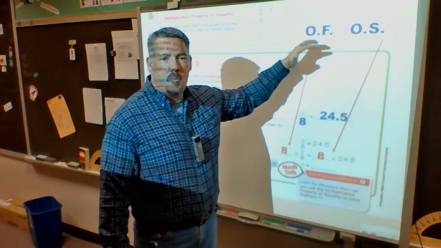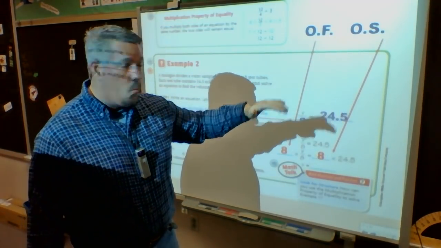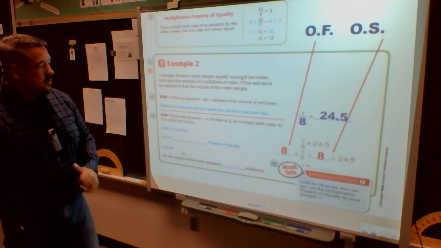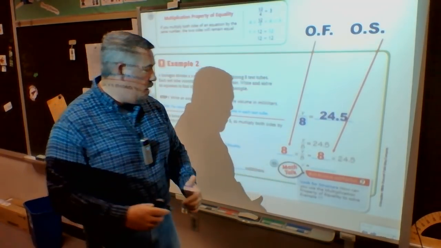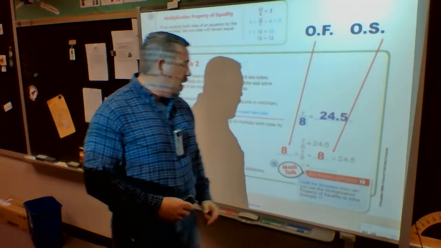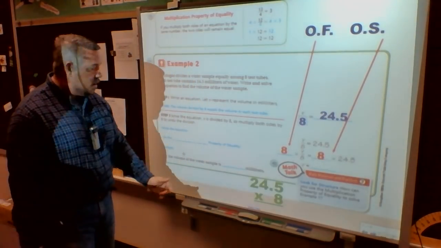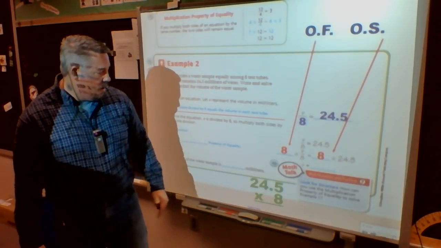And I said, well, where are the steps shown in your book? They're not there. Why not? They're on my board. I'm showing you. It'll help you out. So these would cancel out the 8s, leaving V by itself. And I would just simply have 8 times 24.5. I would type those into my handy-dandy calculator. I show my math problem that I'm doing so I get credit.